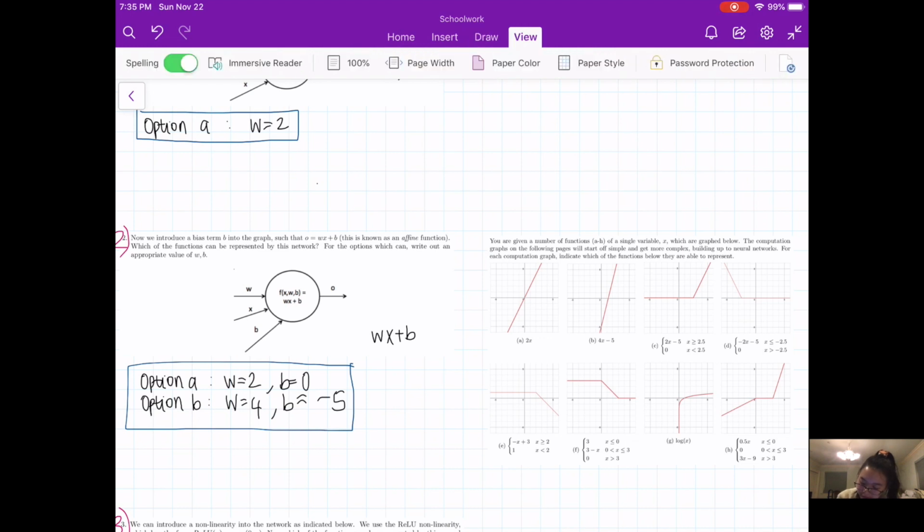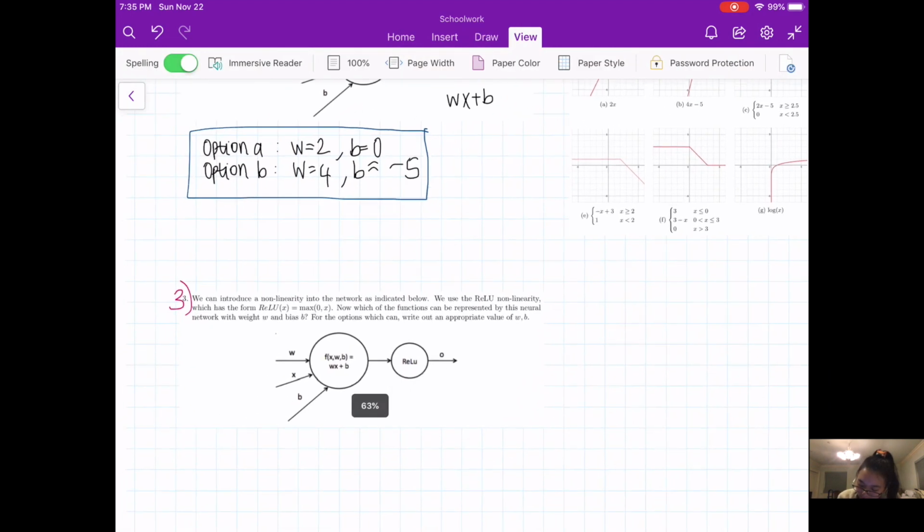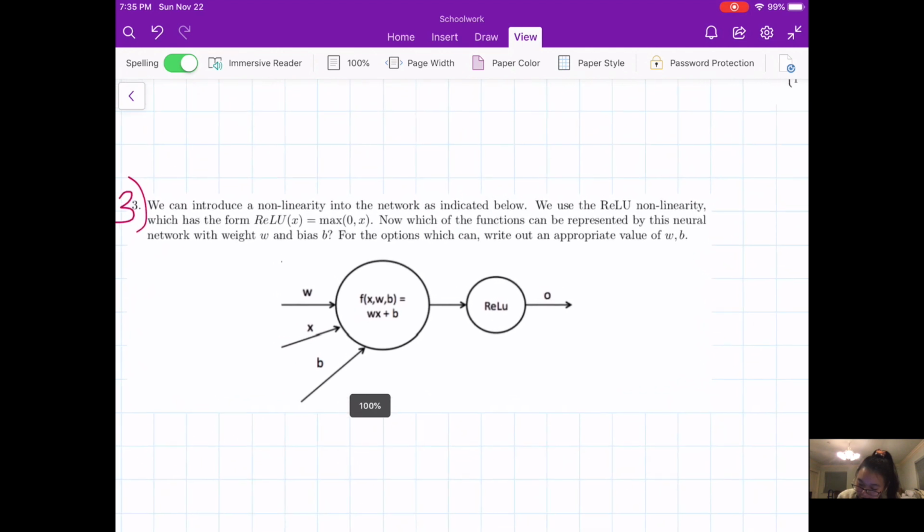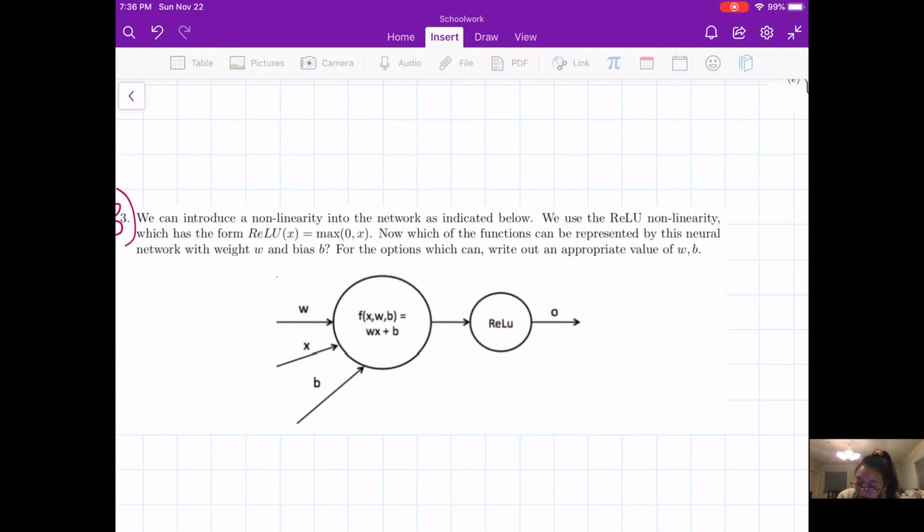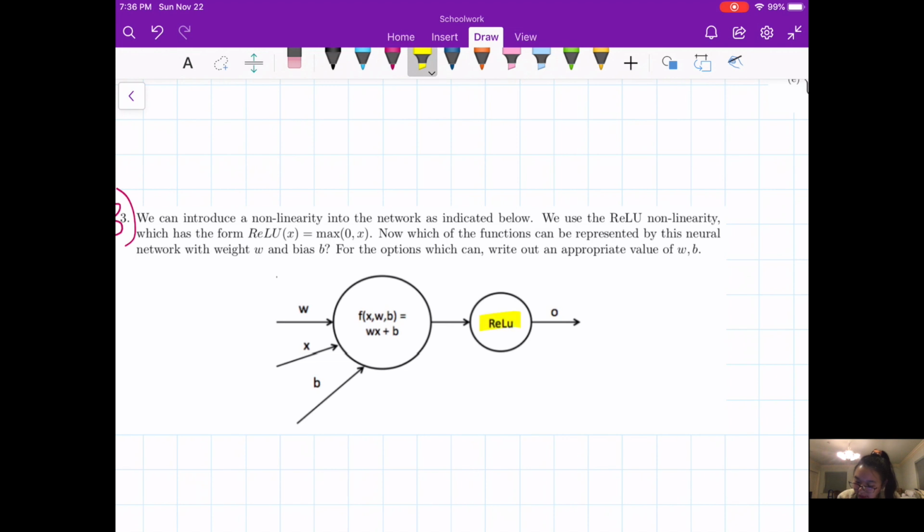Cool. And now let's move on to 3. So in 3, we are actually adding a nonlinearity. We are adding this ReLU square after we get an affine function. So now we need to consider, what does this ReLU do? Well, we remember from the mini lecture, a ReLU essentially has this kind of shape